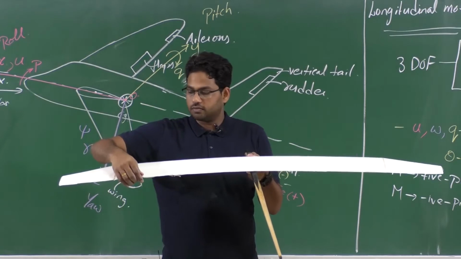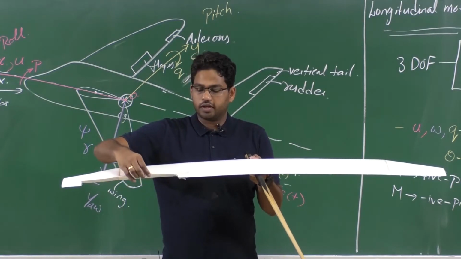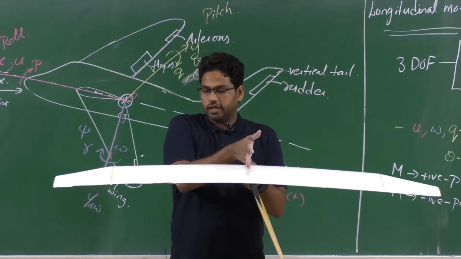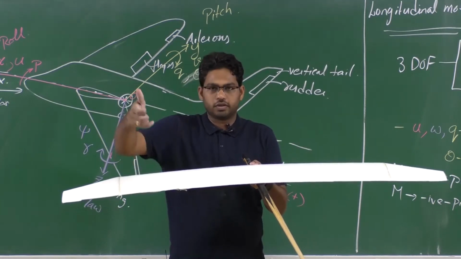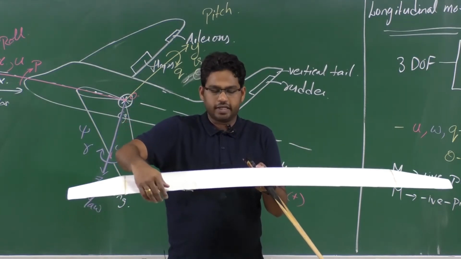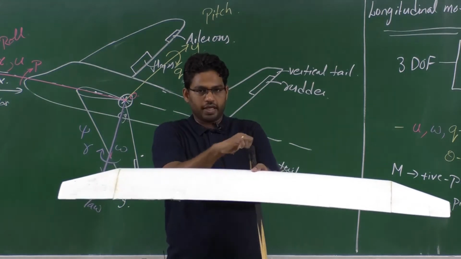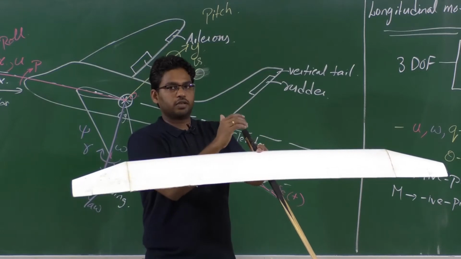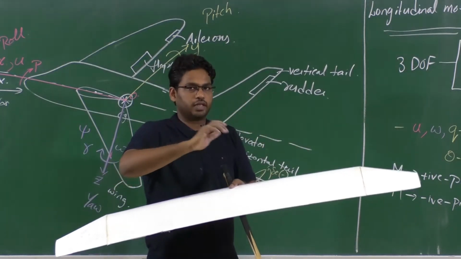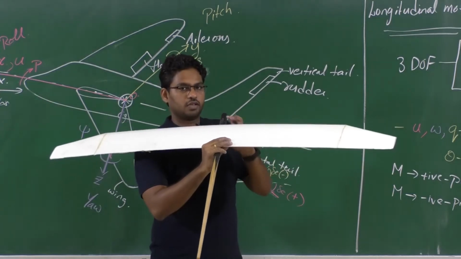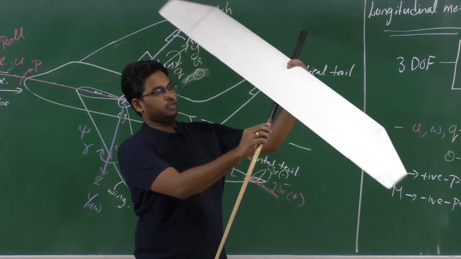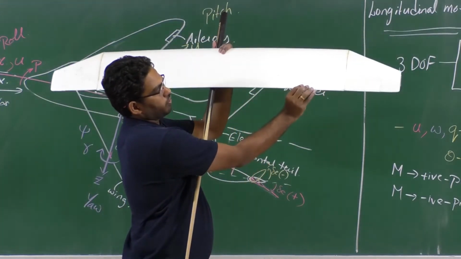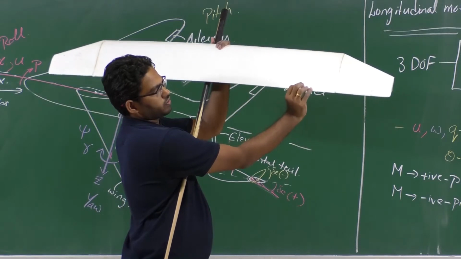So when we deflect this particular aileron, and again we see it is located towards the tip of the wing, this aileron, when deflected, will produce a force, right? So let us say, stretch your thumb along the positive x-axis. Now say the x-axis is towards the nose here. So the corresponding curl of your fingers will give you the corresponding positive rotation of the control surface as well. Not only the rotation of the aircraft about that axis, but also the control surface rotation. So my fingers are pointing towards downward motion of this particular control surface.